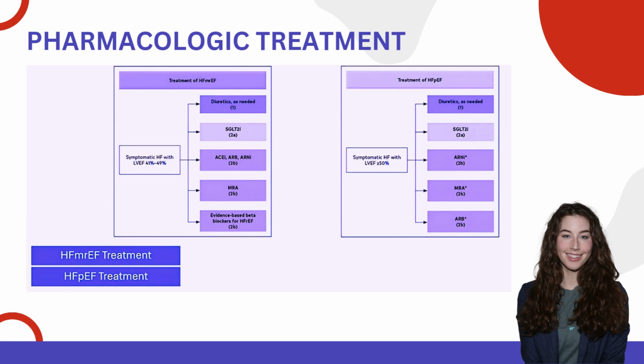So we talked about HFrEF medical treatments because of the clinical trials. HFmrEF, the mildly reduced 41 to 49% ejection fraction, appears to respond to medical therapies very similar to HFrEF patients, but there are no prospective randomized control trials for them. So you treat very similarly to HFrEF patients, and you would repeat the ejection fraction just to determine the trajectory